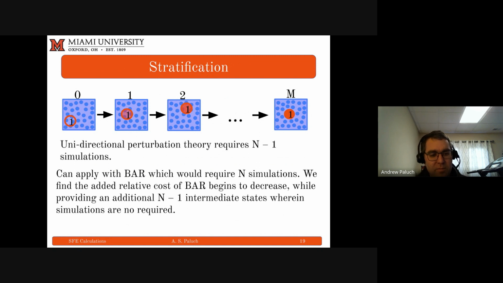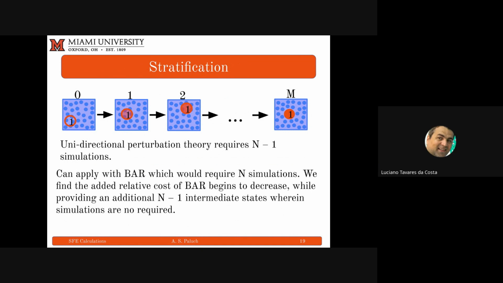And so, how we stage things, the goal is to perform these calculations in such a way that we optimize the degree of overlap between neighboring states. And then how you actually set it up becomes